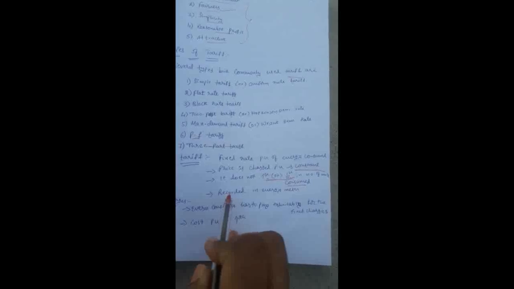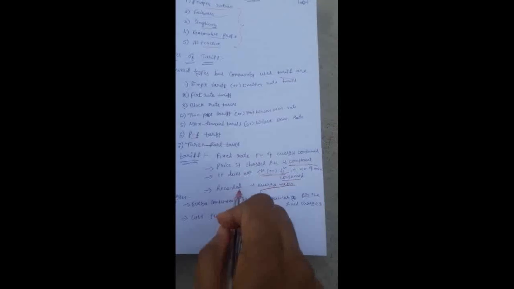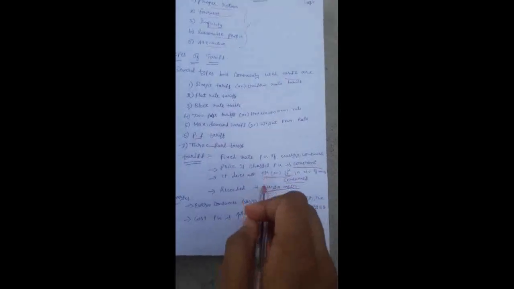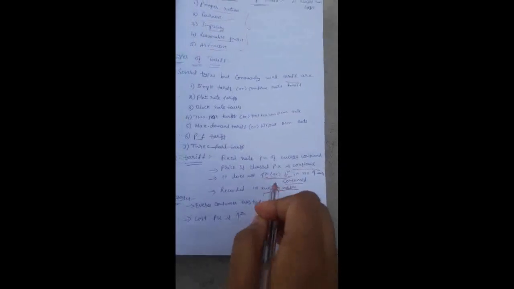In every house we have energy meters. The units that we consumed are recorded in the energy meter. Depending upon the units shown by the energy meter, they fix the rate. Regarding the simple tariff, the disadvantages are that every consumer has to pay equitably for the fixed charges and the cost